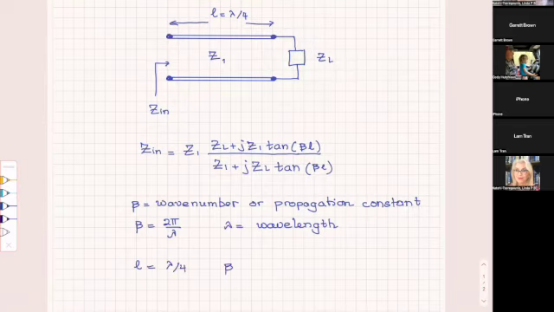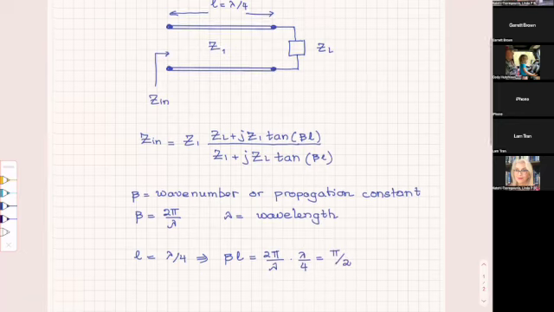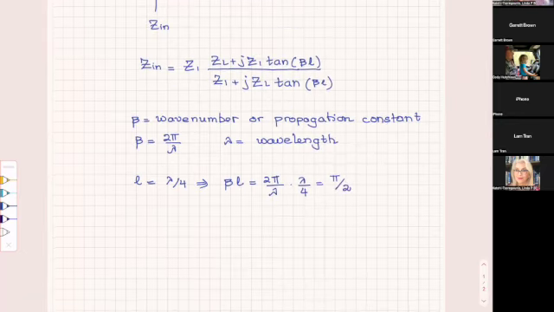So beta L equals 2 pi over lambda times lambda over 4, so it's pi over 2. Then this one becomes Z input equals Z1 times ZL plus j Z1 tangent